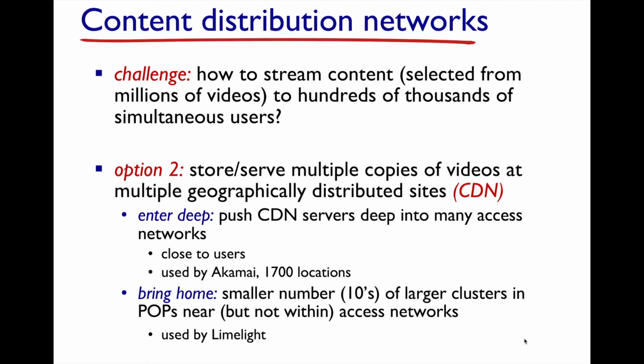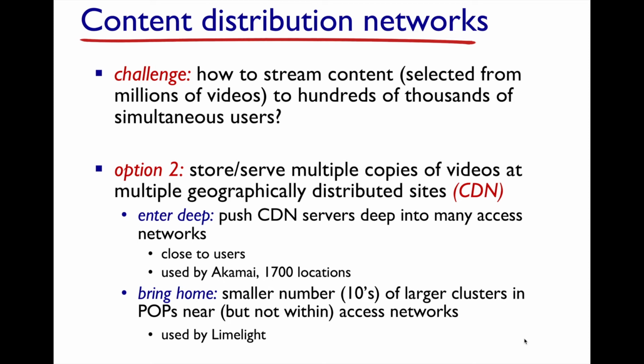Now, of course, as a user, you don't know which server is sending you your data. Certainly now you do with Wireshark: you can fire it up, look at some of the URLs and some of the IP addresses, and figure out where your requests are being served from. But at a user level, you type in www.netflix.com, you log in, and you click on a video. All of a sudden, you get the video, and you don't really know whether it's served from the East Coast, the West Coast, New York City Metro, or wherever.